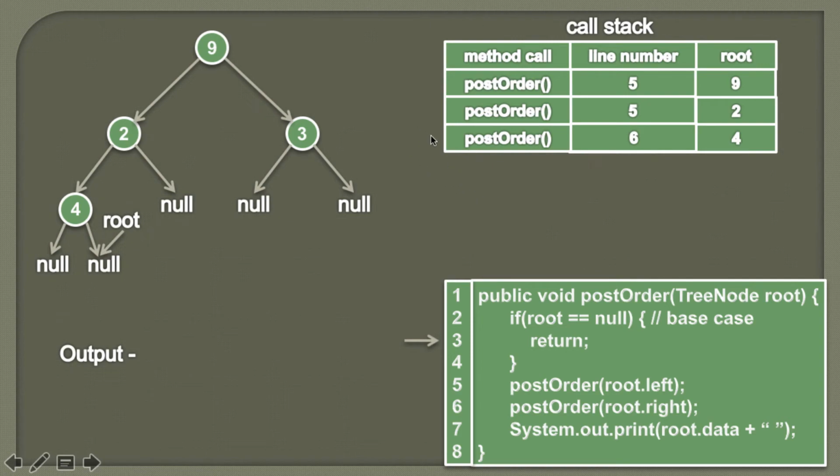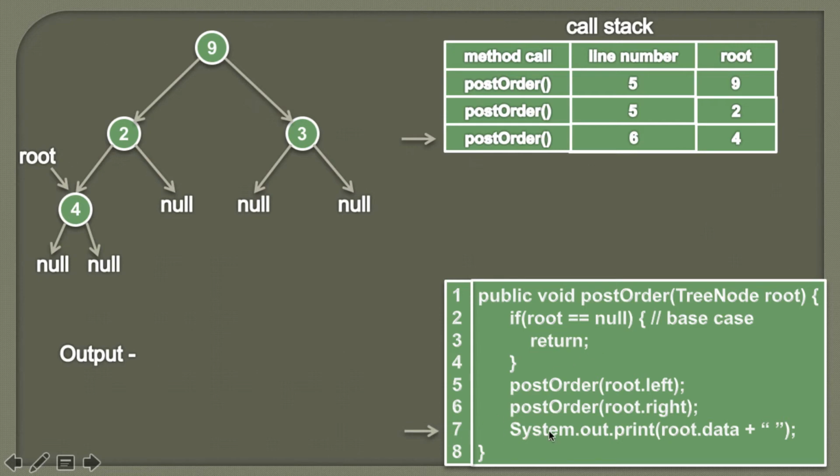And the point of execution reaches to the post order which actually called this method. And we also know that we had left this post order method from the line number 6. Therefore the execution will start from the line number 6. And we also know that when we had left this method, root was pointing to the node 4. So therefore now root will point to node 4. Moving ahead.